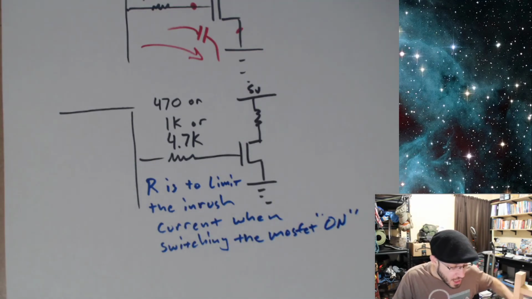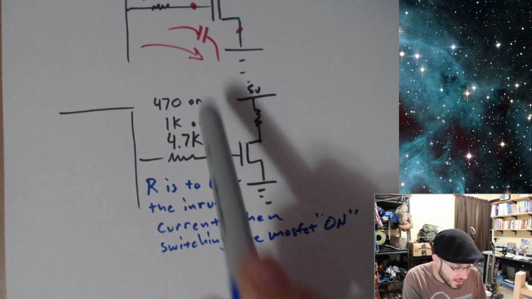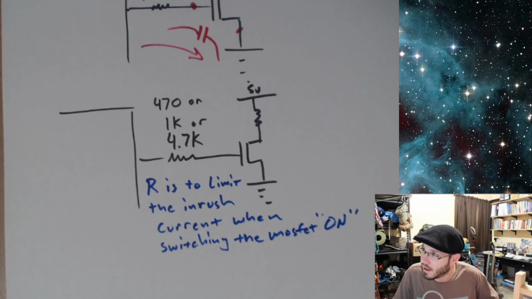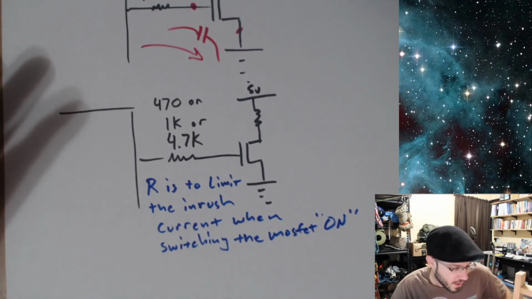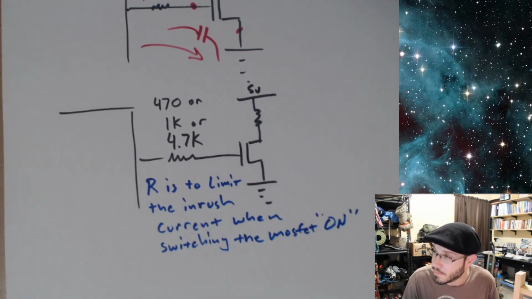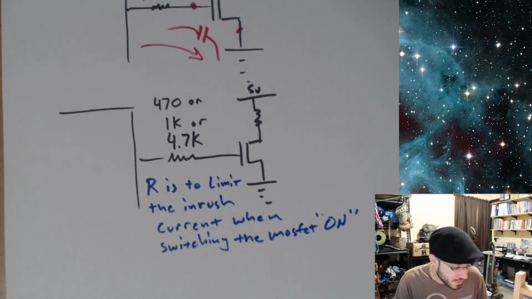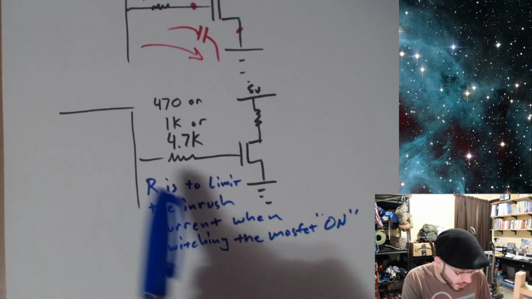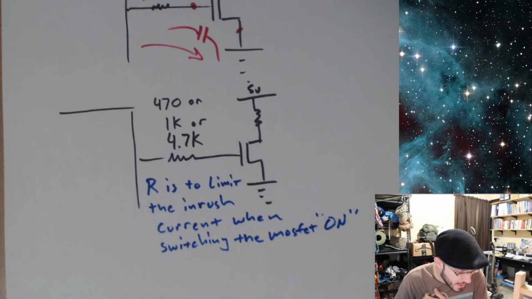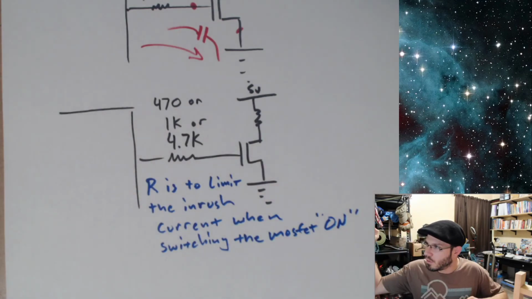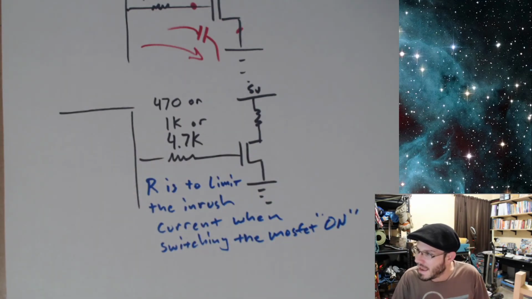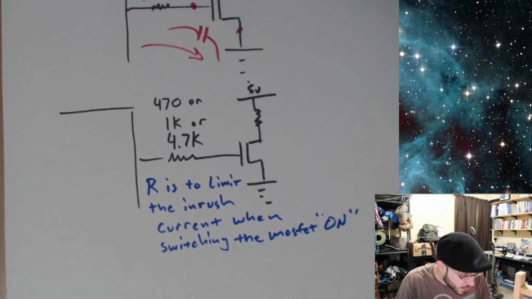Okay, now another side effect of having this gate capacitance on this MOSFET, and obviously this gate capacitance is a very desirable thing from the perspective of the MOSFET being on, because it means we're going to use a lot less current to keep the MOSFET on, but it does create this situation where we should put some resistance in there to limit the inrush current. But another side effect is that capacitor, when you charge a capacitor and then I pull that capacitor away, that capacitor is going to remain on. Okay, so what this means